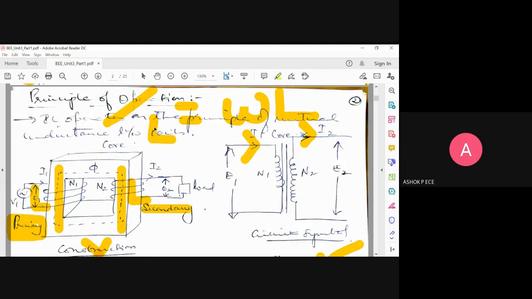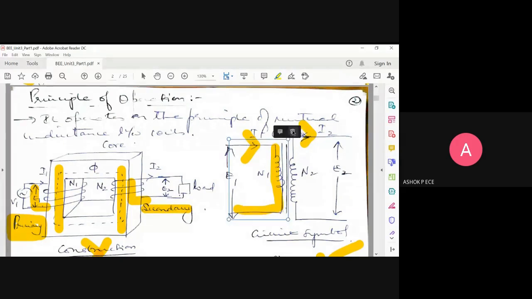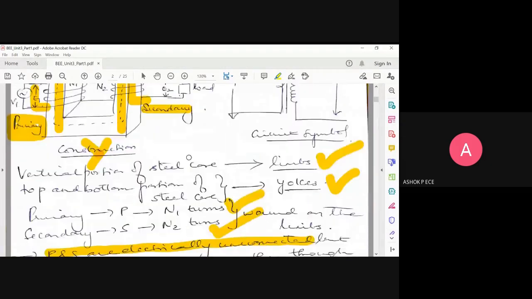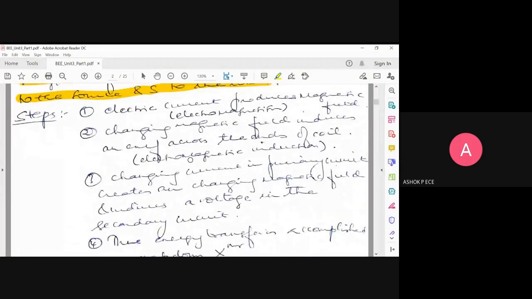If you expose the transformer to DC voltage, induction will take place theoretically, but before induction takes place, the primary coil itself will not be there. It will be completely burnt because of the short circuit. That is the reason you will never even think of operating a transformer on DC. It is illogical to operate a transformer on DC. When the current flows through the primary, the magnetic field would be created and induction would take place, but the winding becomes burnt because of the very high current from the short circuit. That is why you won't operate a transformer on a DC voltage or DC current.